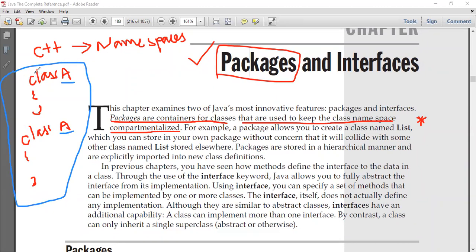I can place this class A in a separate namespace called A1. And similarly, I can place the second class in a separate namespace called A2. Then I can differentiate that this class A belongs to namespace A2, and similarly, this class A belongs to namespace A1. So with these namespaces, we are trying to differentiate these two